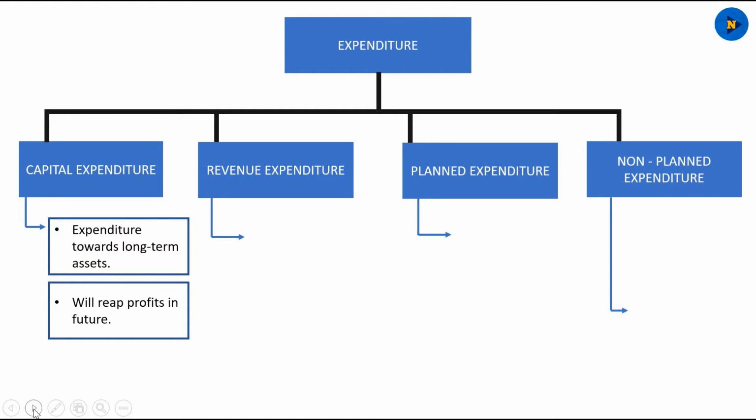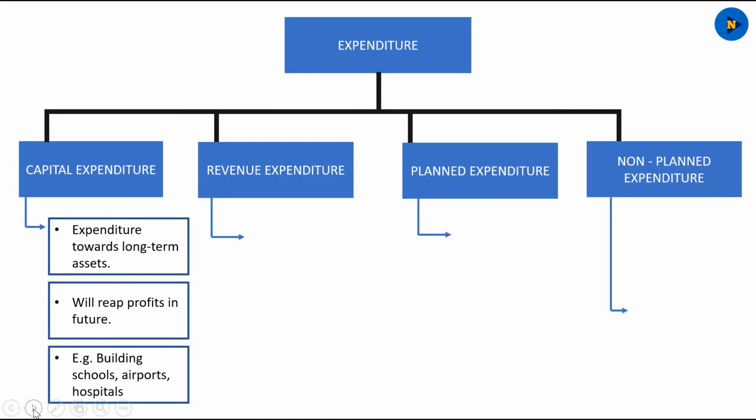Examples include building schools, airports, and hospitals. So obviously, building schools, airports, and hospitals, they will most definitely reap profits in the future. Because in order to build human resource for the future, we should be educating and providing healthcare to all the